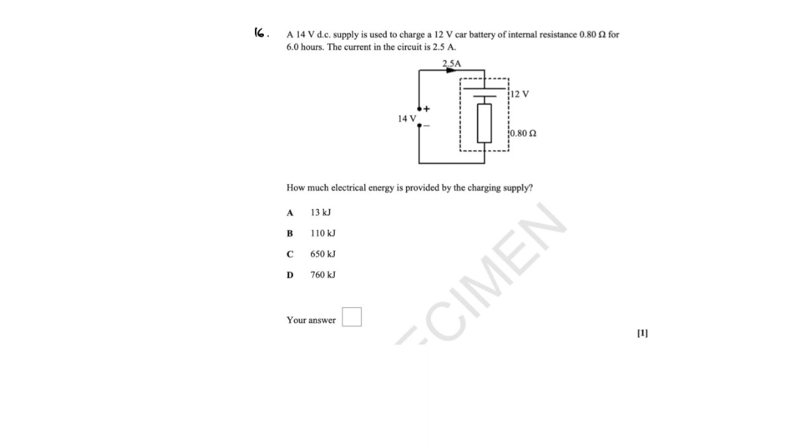For electrical energy, we know E, or work done, is equal to V times Q. The voltage supplied is 14 volts, and we just need to work out what Q is. Q is equal to I times t, current times time, which is 2.5 amps for 6 hours. That is 6 hours times 3,600, because we want to convert it into seconds, and that gives me a value of